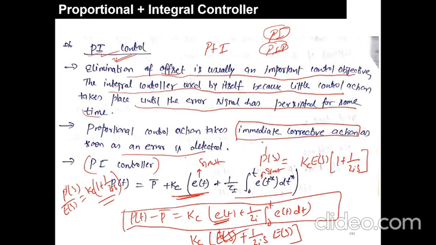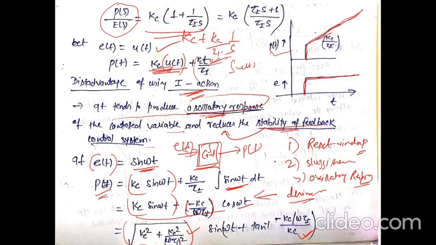So all about the PI controller we have already seen, and this is the expression for the PI controller. We have found the transfer function for the proportional integral controller: P dash S is equal to, this is the transfer function, 1 upon operator. This is for the proportional term, and this is for the integral term, right? We have also seen what happens when a step input is given, and such a type of response comes.